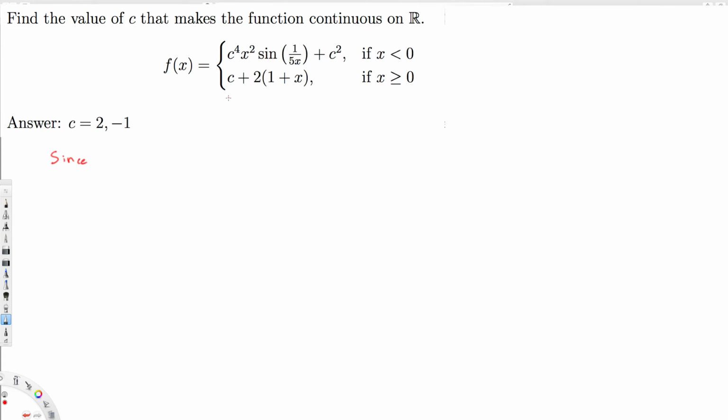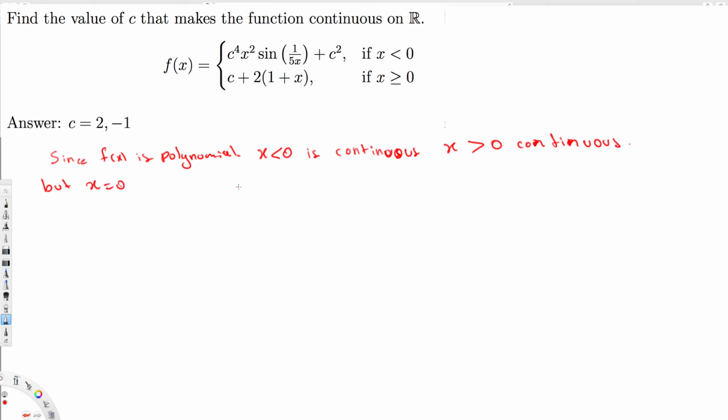Also, we know that since f of x is a polynomial, x less than 0 is continuous, and x greater than 0 is also continuous, right? But for x equal to 0 to be continuous, what has to happen is